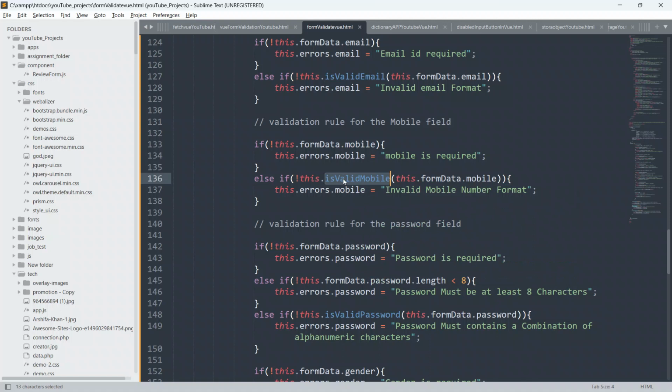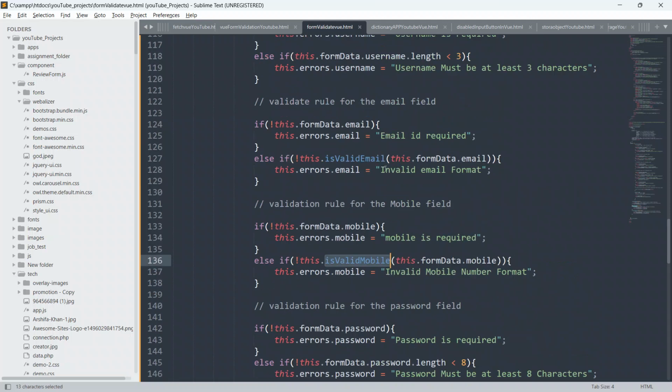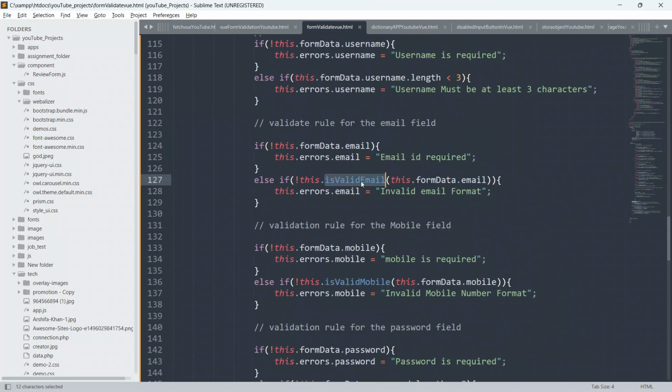If its length is less than 10, then we will alert the user about invalid mobile number format. And here also isValidEmail. We are checking this.formData.email, and we will also alert the user about invalid email format. So just correct this, and then only you will be able to submit your form.